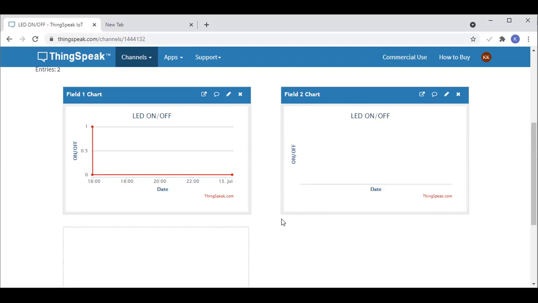If you want to see the pattern of the levels, how much it fills in the day and how much at night, then we have to monitor it for 24 hours, or one month at least. Now if we have one month of data, then we can predict the pattern, that yes, it stays full in the afternoon and becomes empty in the evening, or during the day. Then we can program it so that it automatically turns on when your water level is very low. After predicting from the data you can take some decision, like when our motor can be turned on and when it can be turned off.